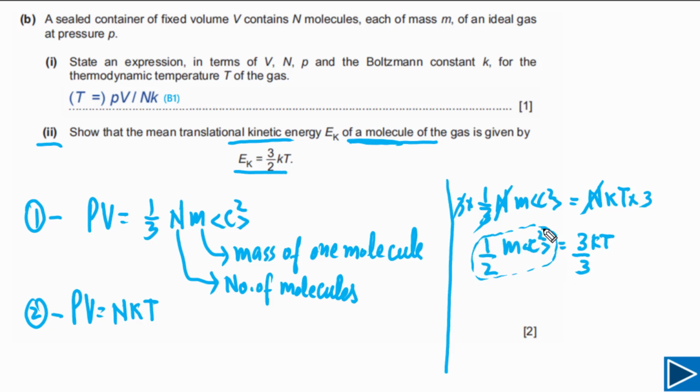So this is the translational kinetic energy of a molecule. Simply we can replace this with Ek. So Ek is equal to 3/2 kT. So this is our final answer, and this is what the question was asking us to derive. But one thing you need to understand is that when you calculate the translational kinetic energy of a molecule,